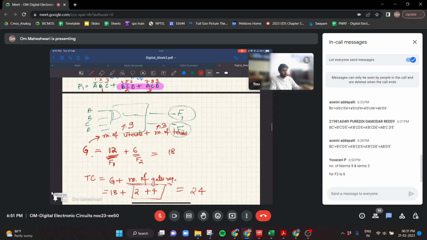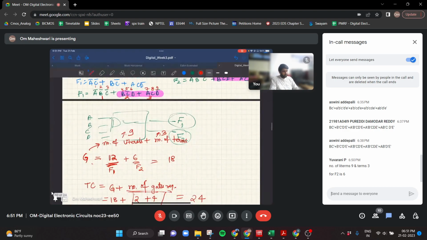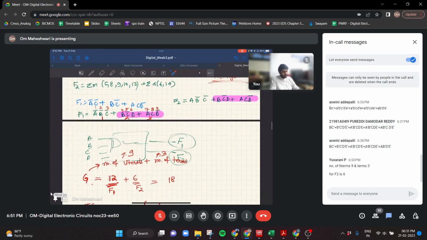So again, I'll repeat what is the number of gates. To make A bar, B bar, C, assuming that I have the complemented terms as input, A bar is also available. So to make this term A bar, B bar, C bar, I need a 3 input AND gate, right? So this is one gate from this term. Similarly, the second term will give me one AND gate, the third term will give me one AND gate, and one 3 input OR gate for combining these three. So that is total 4 gates